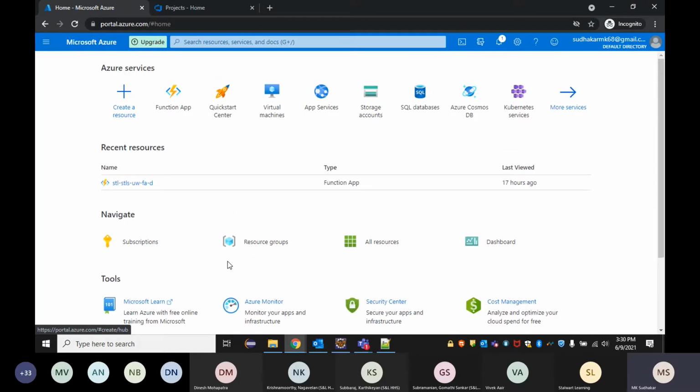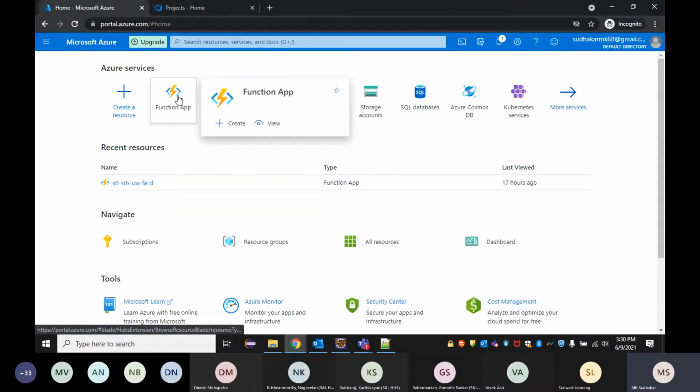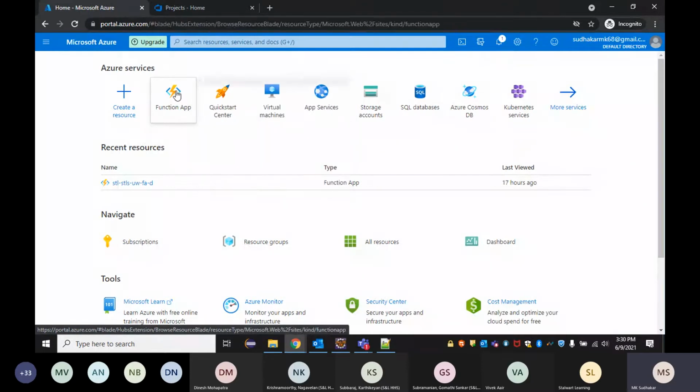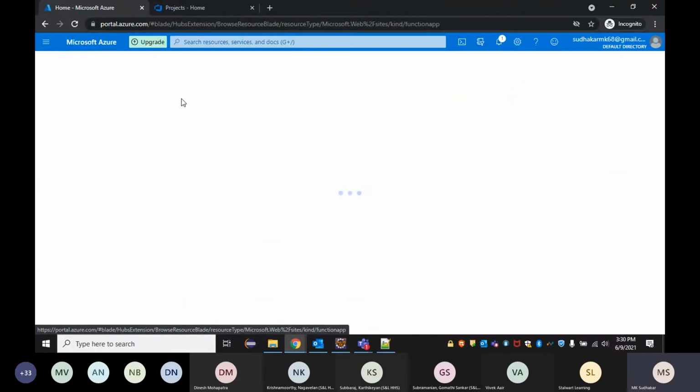Okay. So before that, the first step is to create the ARM template. That's what I told. So how can we create an ARM template from scratch? For example, we don't have any existing ARM template to be used. Now we need to create our own ARM template for deployments. To create that, first let us go and create some very basic function app manually. It will not take much time.